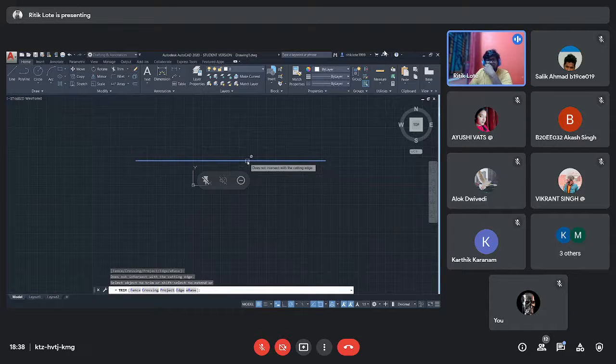It will just trim the whole line, and it's also not working.